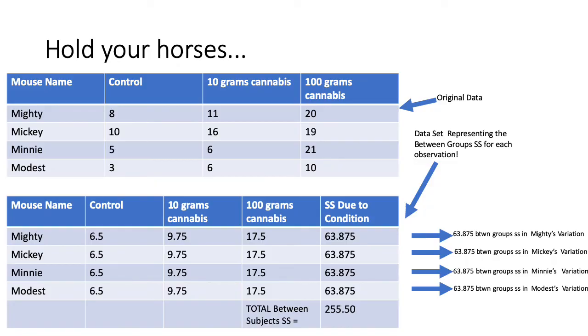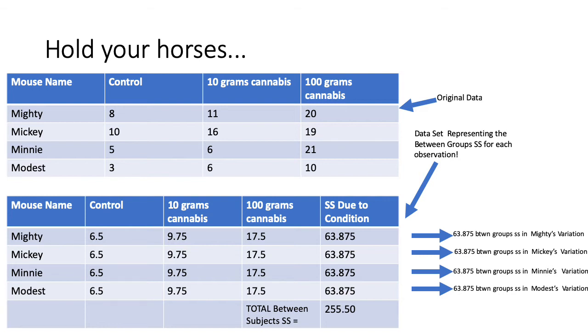But hold your horses. When you look at this data and you need to understand the actual between group sum of squares, you have to see one very important fact, that we have a set of scores from Mickey that are impacted by these three means. We have a set of scores from Mighty that are impacted by these three means. We have a set of scores from Minnie that are impacted by these three means. We have a set of scores from Modest Mouse that are impacted by these three means. These three means that we calculated the sum of squares for